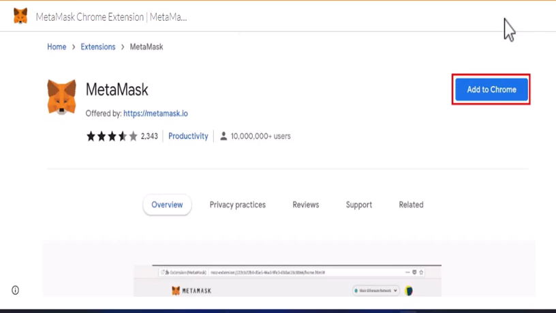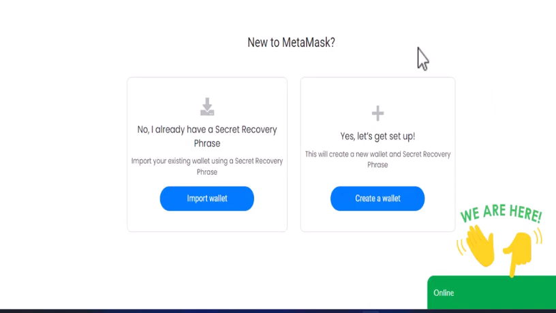First thing you need to do is open up your Google Chrome Web Store extension, and after that, in the search box, you need to type in Metamask. Once you type in Metamask, on the next interface you'll be able to see an option as Add to Chrome in the top right. You need to click on the option, and on this page what you need to do is, if you